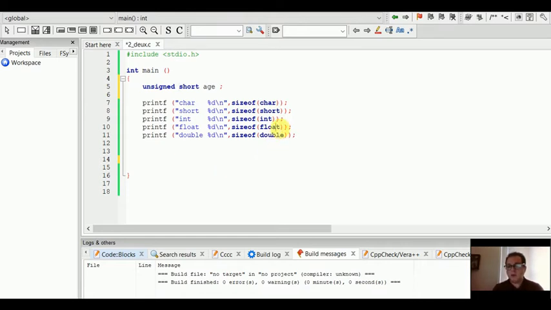A float, or the int, which is an integer, is usually a little bit bigger than a short. For example, a short will hold something like 6,000. It's a short number. An int is going to be 2 billion or 3 billion. It could also hold the number 3. But if you know you don't need a big number, you better use a short to reserve less memory, especially if